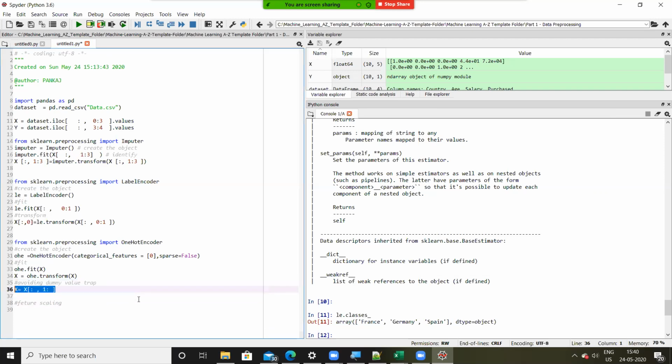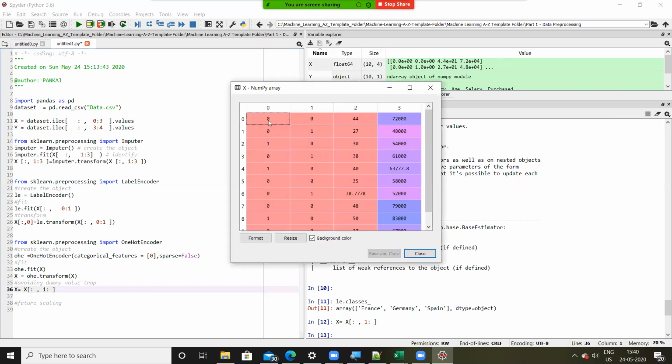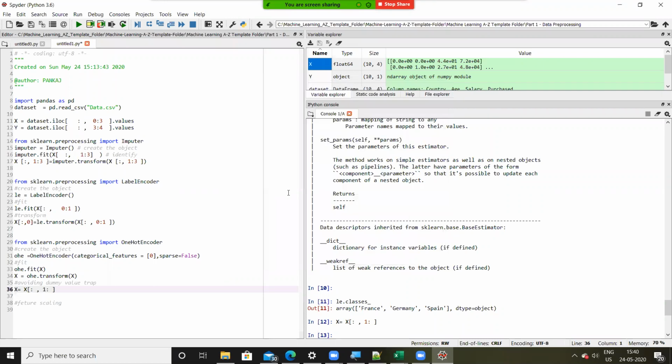So I'll execute line number 36 now. Done. Now you can see X has only 4 columns: 0, 1, 2, and 3. Again, remember, by removing this one column, we are not changing the meaning of the data. We are only changing the representation.